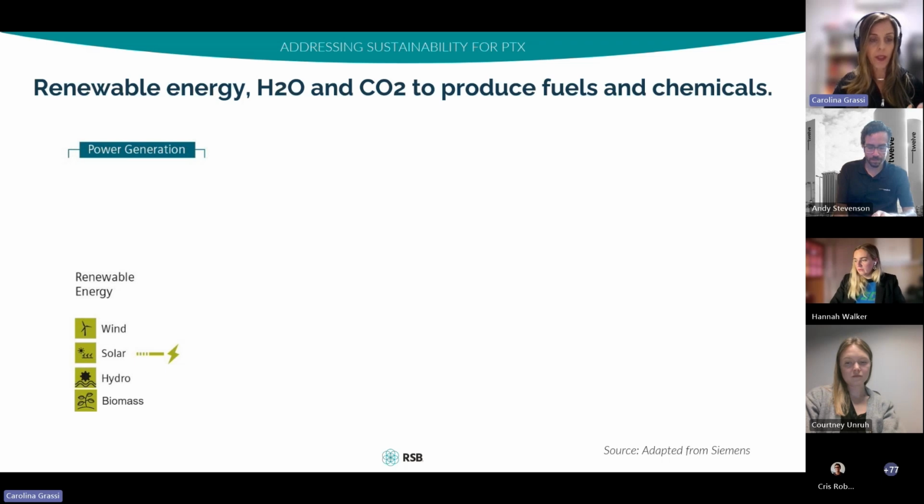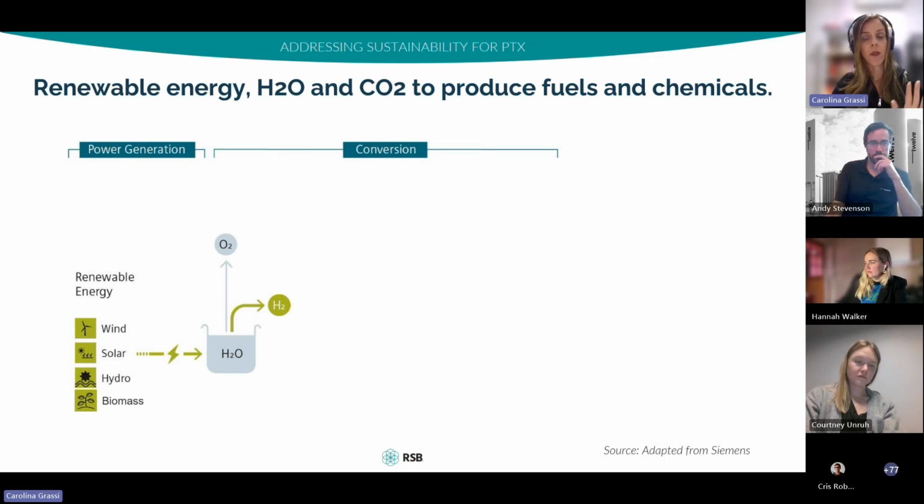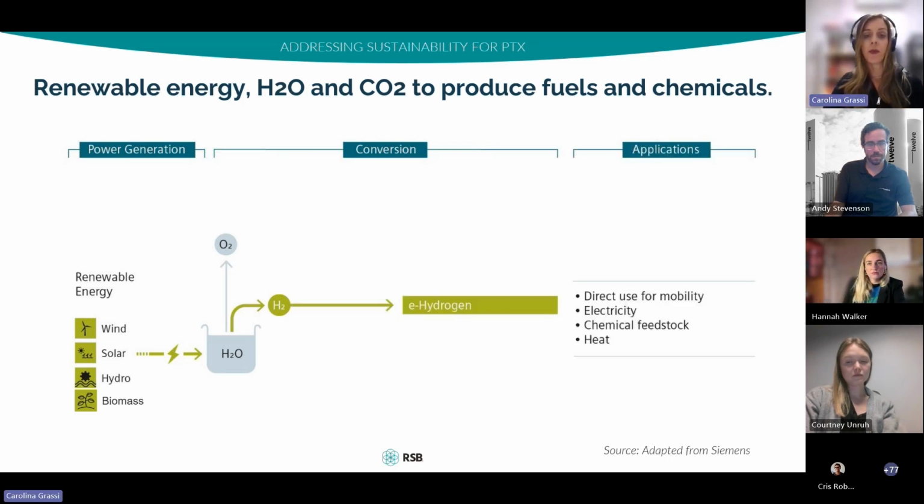In a straightforward way, PTX consists of the production of renewable electricity, and then the use of this electricity to produce renewable hydrogen via water electrolysis or renewable fuel reforming. Again, this is only a simple vision of the technology to assess the sustainability risks. And renewable hydrogen can be used directly as a fuel, or to produce electricity or heat, or used as a